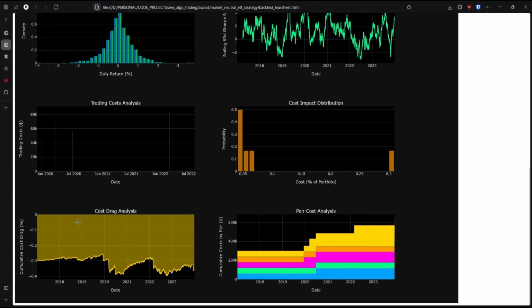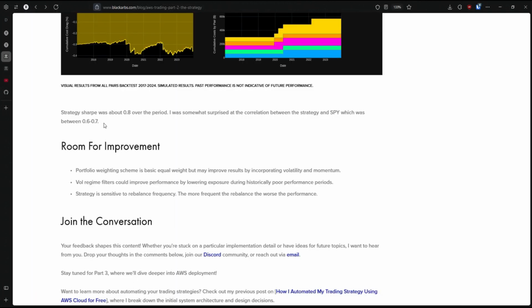So this is basically the difference between the gross returns or the gross equity curve and the net equity curve. And it's a function of our trading activity. The correlation between the strategy and SPY was roughly between 0.6 and 0.7. Some things to improve if you want to take the strategy and work on it yourself, or for me,